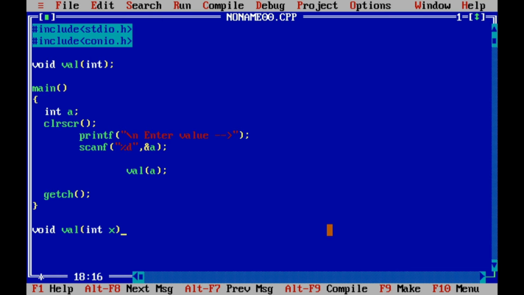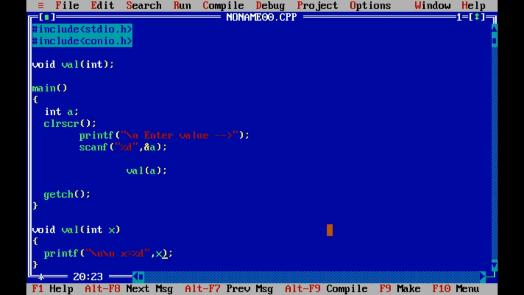Suppose here we are declaring integer x. So the value of a will be copied into x. printf \n, suppose x equals %d, and x. Here the value of a is the value of x.